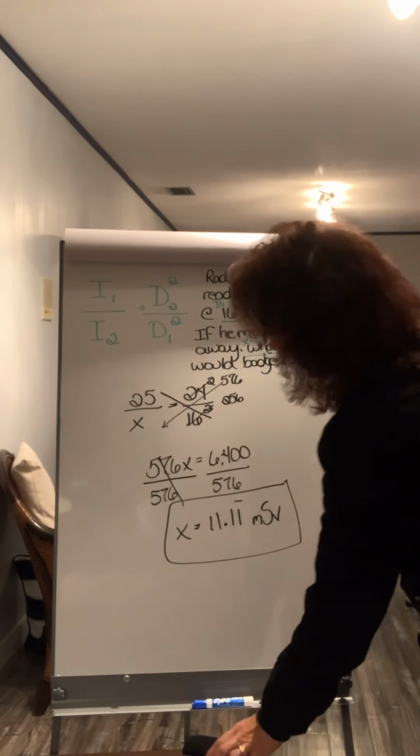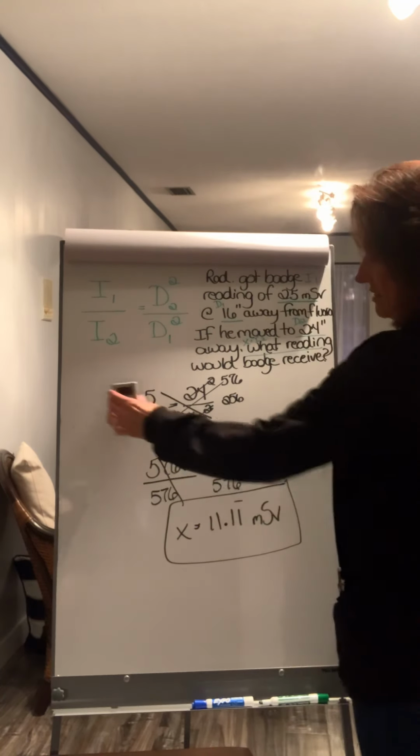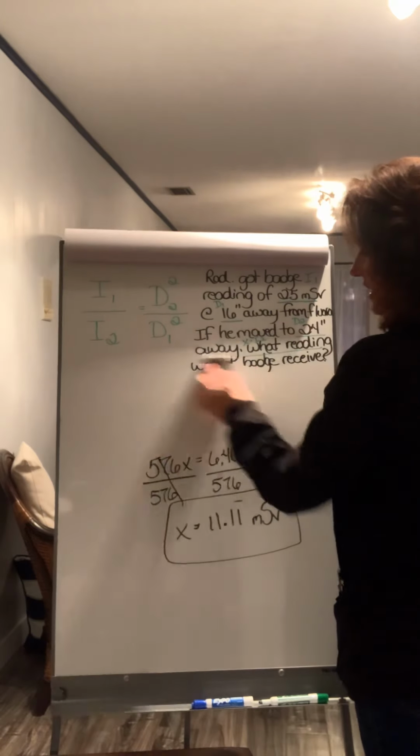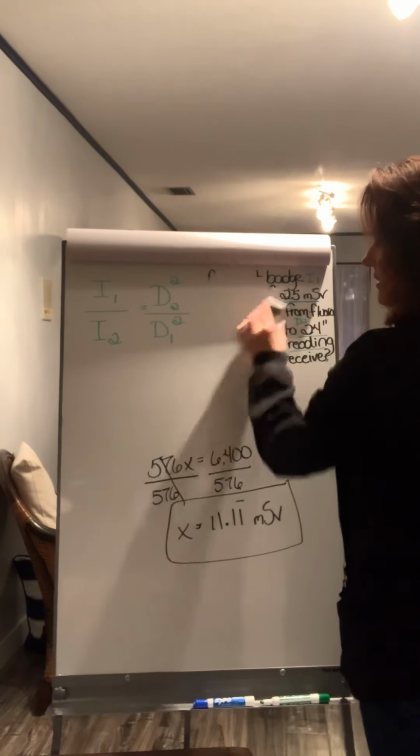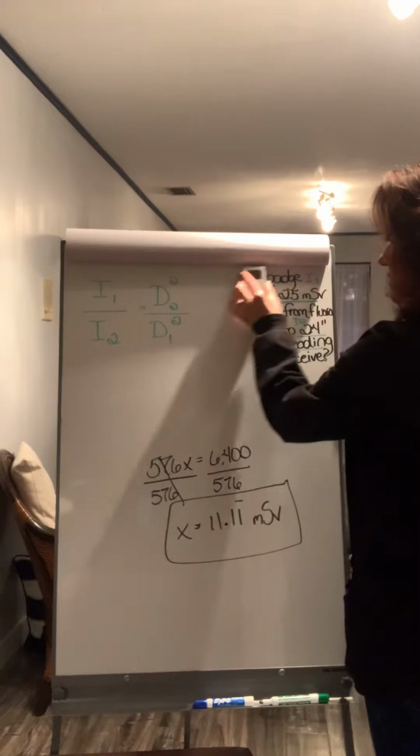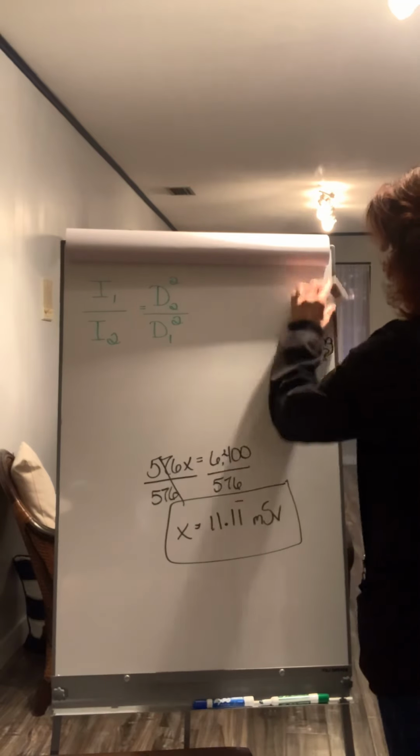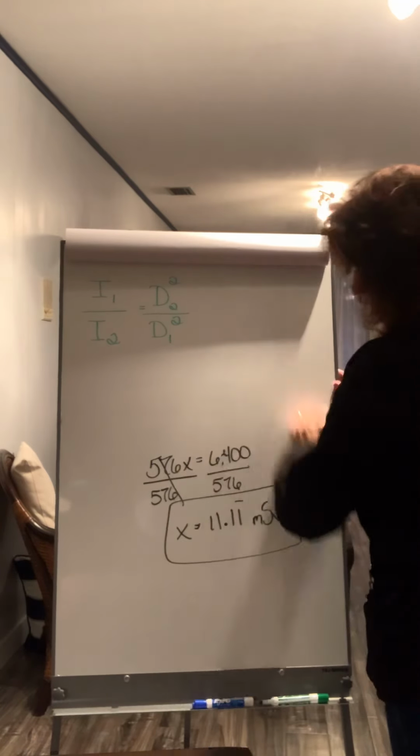All right, now that's with x in the intensity side. What happens if the x falls in the distance side? A little bit different. Same way we approach the problem, but let's say